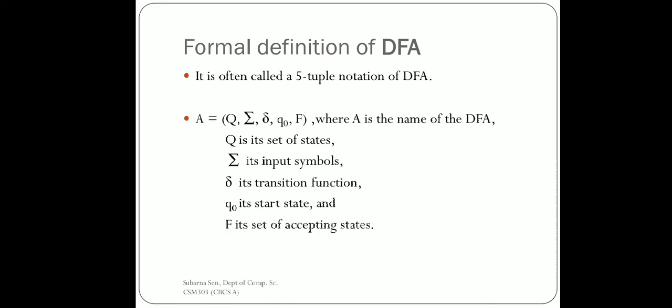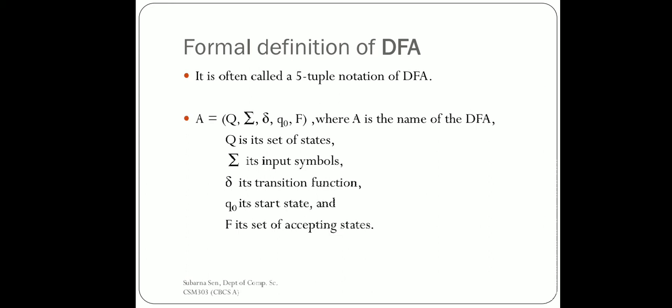If we have to represent a DFA mathematically, it can be depicted using the 5-tuple notation: Q, capital sigma, small delta, q naught, and capital F. Here the DFA, that is the machine, is depicted with A and it has 5 tuples. Q is a set of states; whatever number of states are present in my machine will be under Q. Sigma is the set of input symbols on which it acts. It can be 0, 1, or A, B, C, D, any finite number of input symbols.